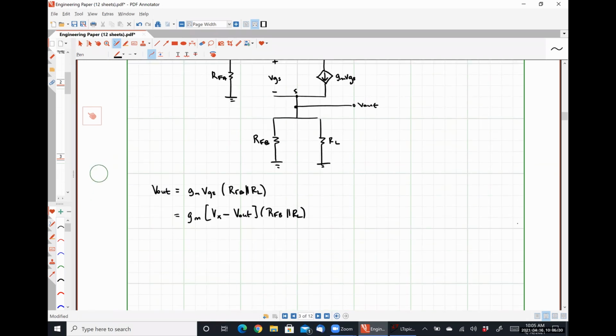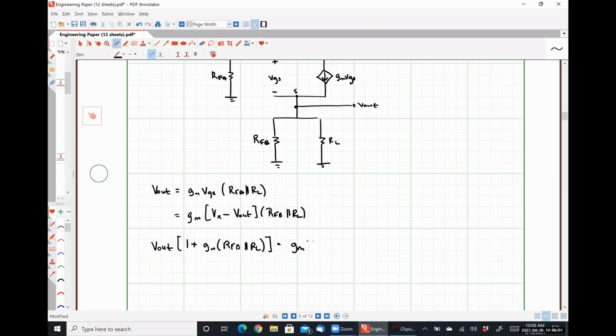And I'm going to move a factor of negative Vout GM RFB in parallel with RL over to the other side, which is going to give me Vout times 1 plus GM RFB in parallel with RL is equal to